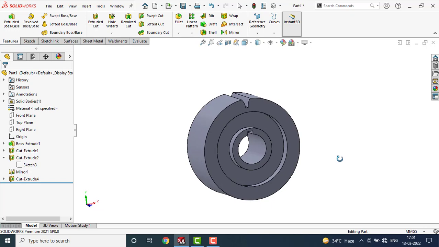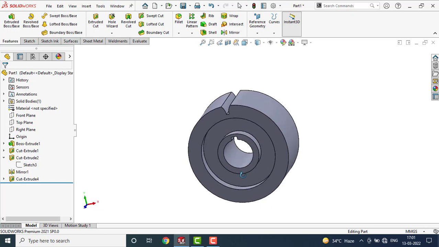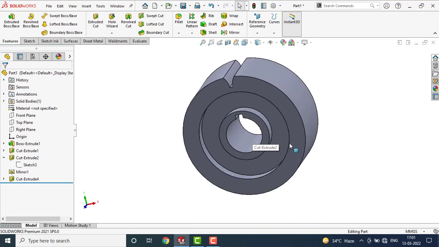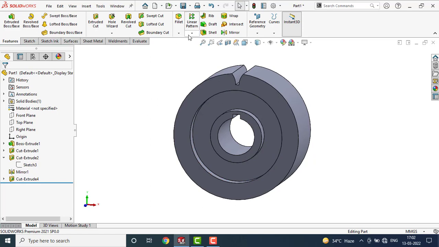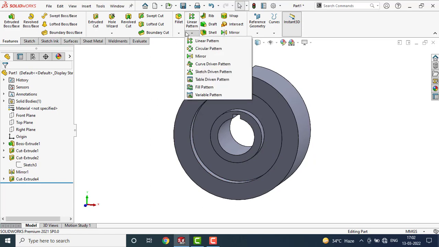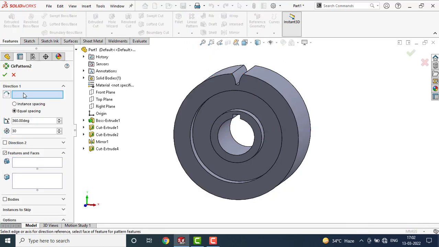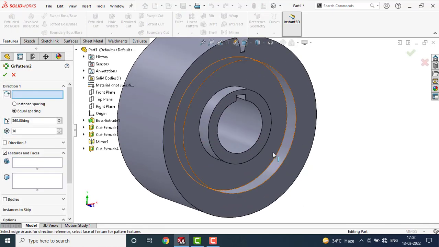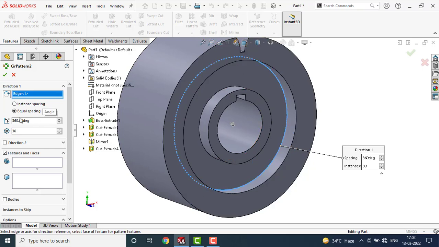Now the one teeth impression is created here and we need more such impressions on this gear. For this, go to Linear Pattern and click on the drop down arrow and select Circular Pattern from here. In direction, just click on this inner edge. Select Equal Spacing here, 360 degrees is okay, and in instances 30.